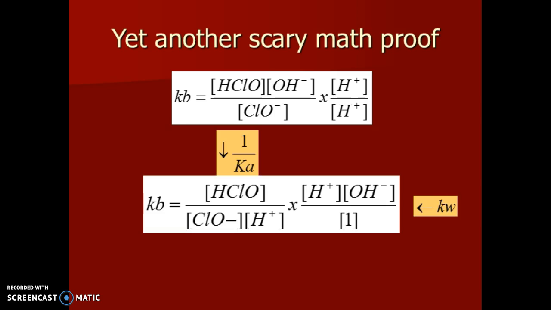Now what that means is that I would be looking at hypochlorous acid divided by hypochlorite times hydrogen ion, and that's essentially the inverse of Ka of hypochlorous acid. And I'm multiplying that times hydrogen ion times hydroxide ion. Well, that's Kw. So essentially what I'm saying then is that Kb for this salt ion equals Kw divided by the Ka